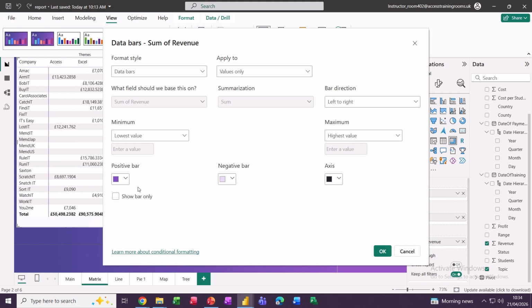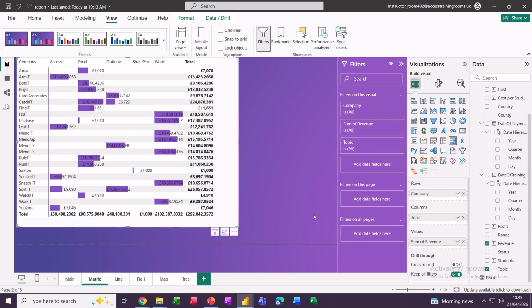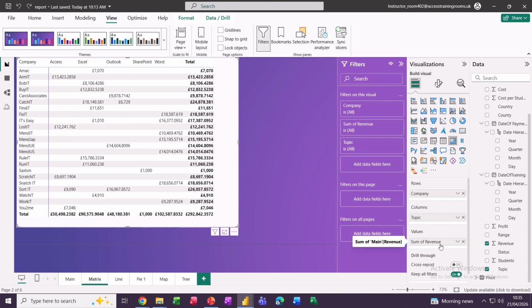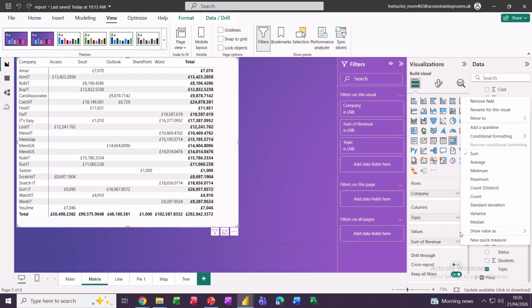You've got left to right. I'll leave the colors exactly how they are, but you can obviously change them in the same way. You've got the option there just to show the bar only. Click OK to that. Let's have a look what that looks like. Yeah, amazing. I probably wouldn't have that on. I'll just Control Z that, undo, and then next one, if I go across there, you've got icon sets,